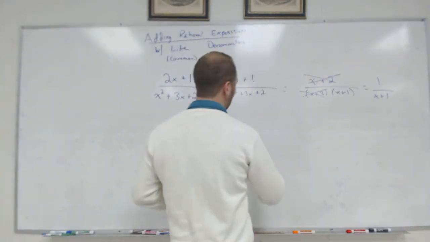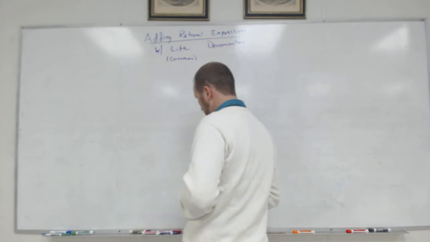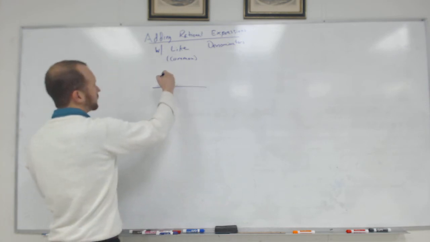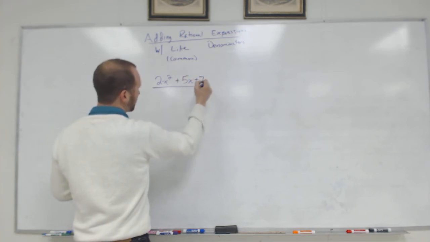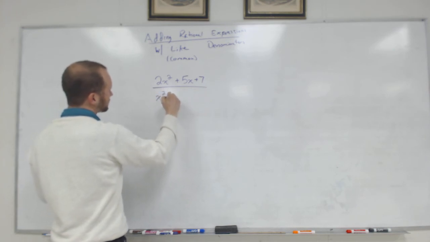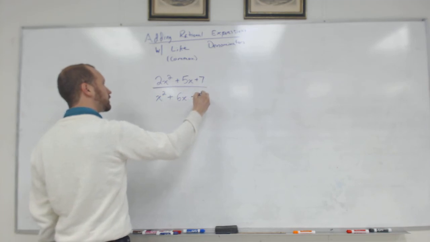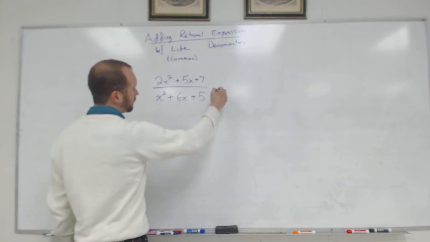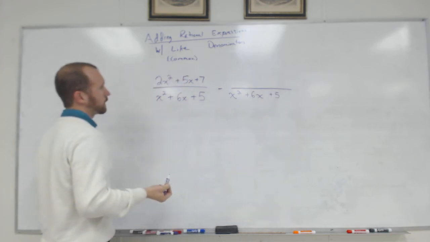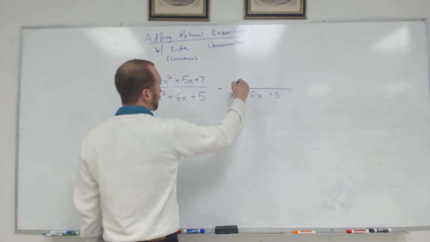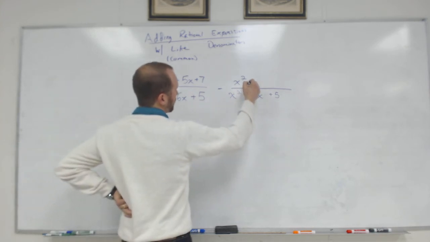I think let's just do one more example with subtraction. Let's say in the bottom, what if I had 2x squared plus 5x plus 7 over x squared plus 6x plus 5, minus, keep the denominator the same, and then let's say up top I had x squared minus